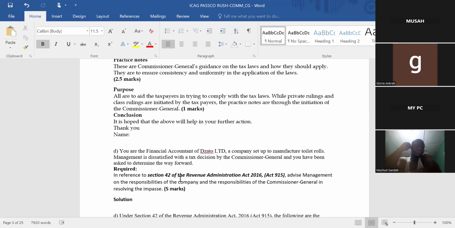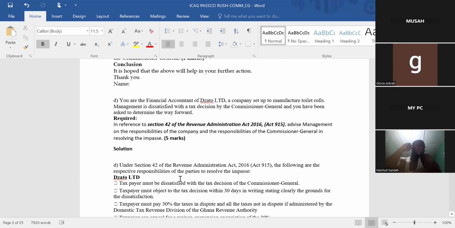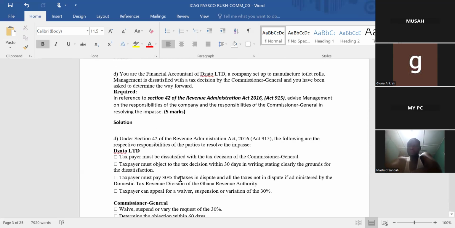Now we have to conclude, and you sign and you write your name. Now I have actually exhausted that. Please, if there's a question, I'll take it. If there's no question, then let's proceed to look at the other area. Don't forget, it is tax administration. It is between the tax authority and the taxpayers, or the tax authority and the public.